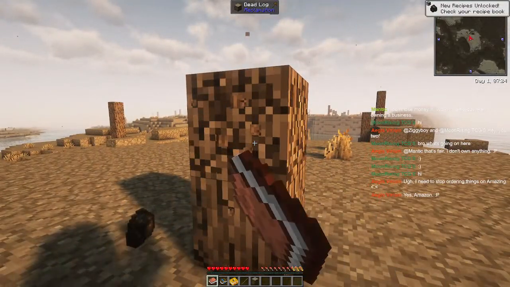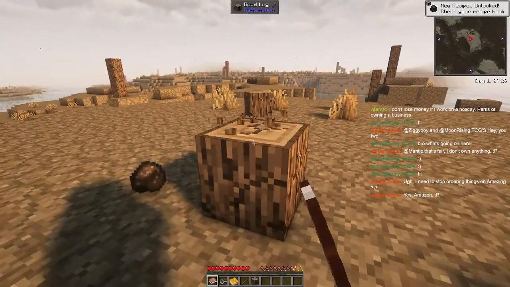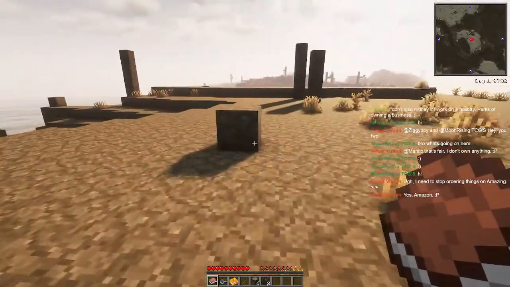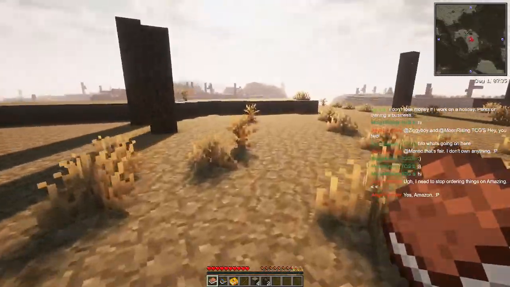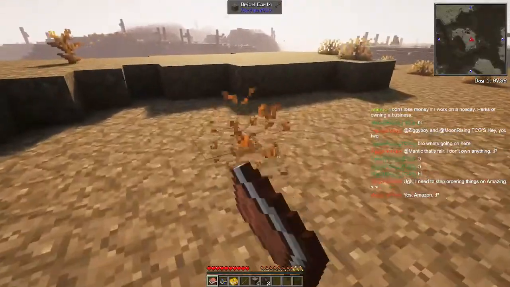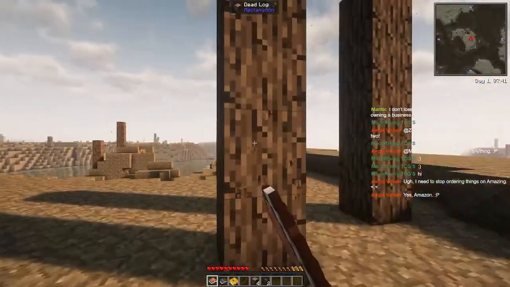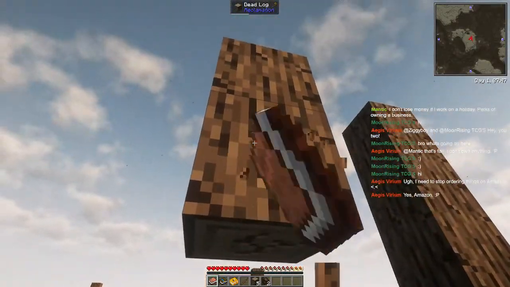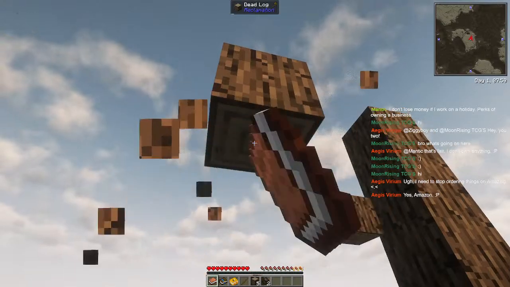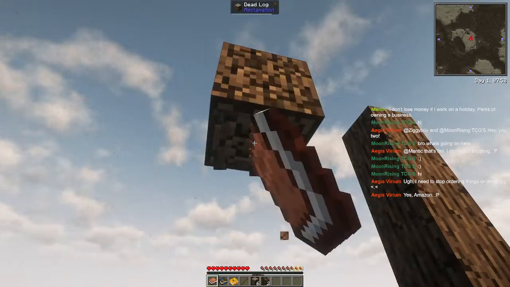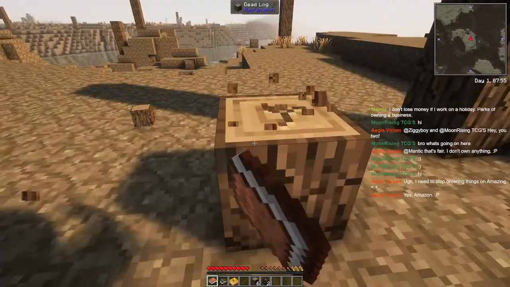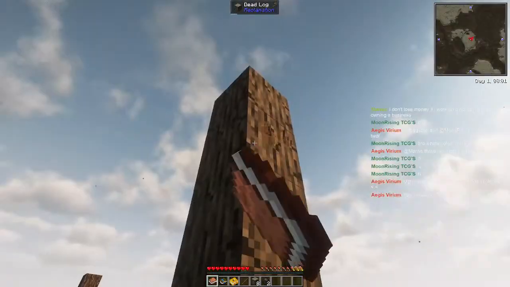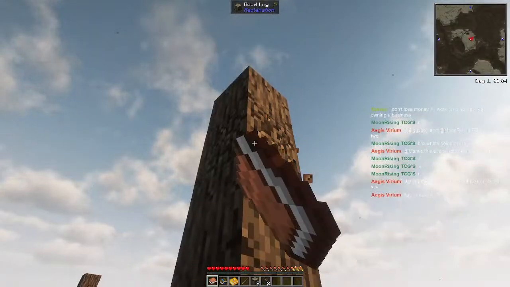Also, the map mod in this is different. I usually use Journey Map. This is not Journey Map. And I loved it so much that I went to my other mod pack, the one with the Tristram build, and I got rid of Journey Map and used this instead because I really like it. So a lot of this stuff in this mod pack has introduced me to things that I've never encountered before, and a lot of the mods are so fun that I might go introduce them to my other mod pack. At the same time, maybe not, just because they kind of make a unique blend